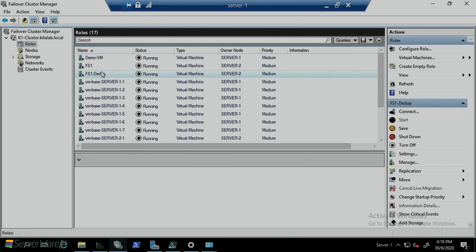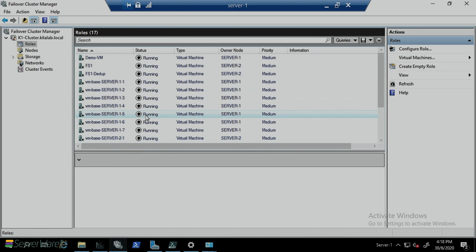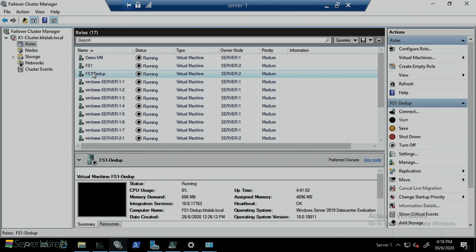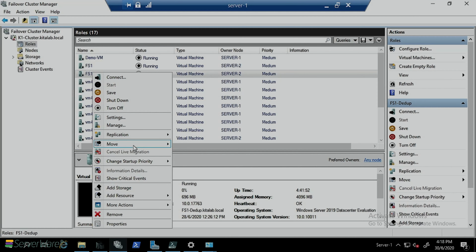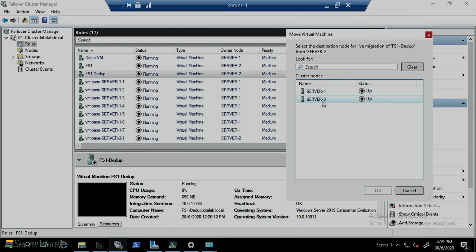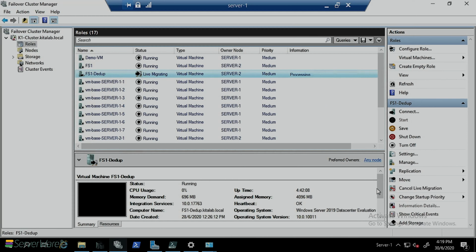So right now, if I have this particular new VM that we'd like to move to the new server, we are able to use this utility and do a live migration. We can select a node. Because this is currently running on server 2, we can pick to let it run on server 3. So the system is live migrating to server 3. This is using Windows Failover Cluster Manager. If we switch over to Windows Admin Center,